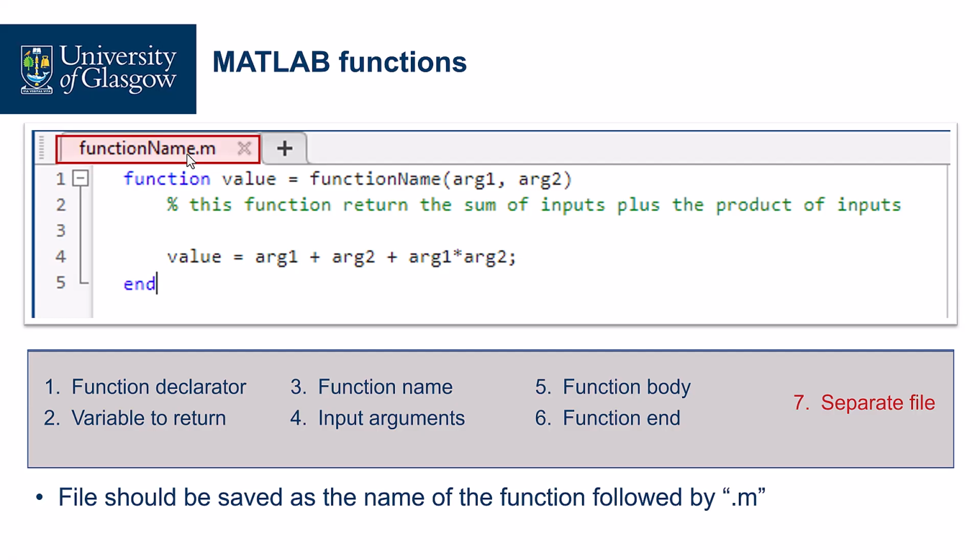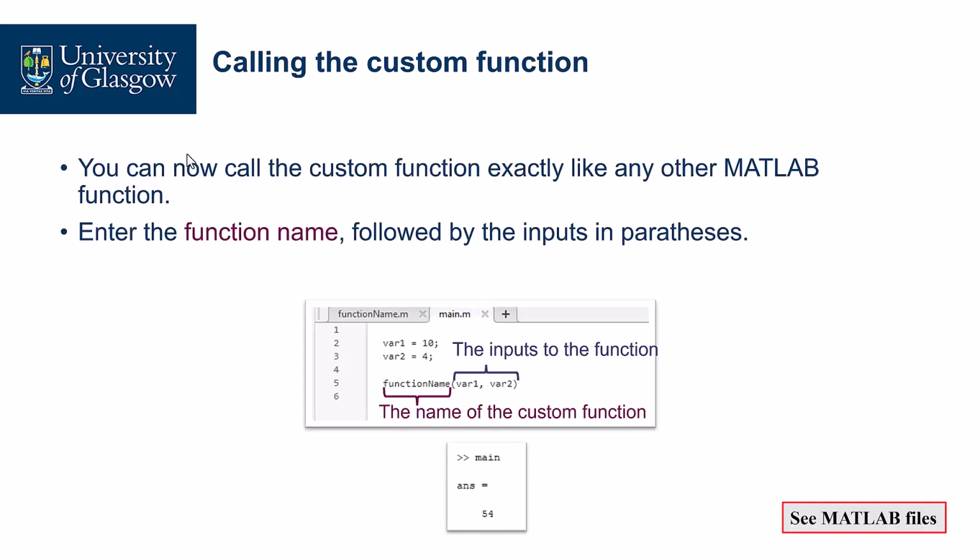Now we have defined a MATLAB function. Then we can call this function. The way is the same as any other MATLAB built-in functions. We provide a function name and we provide the input arguments. So for example, for the function we just wrote, we call it by the function name. Then we give two variables, var1 and var2. var1 equals 10, var2 equals 4. So we write the function name with var1, var2. Then based on the previous function,